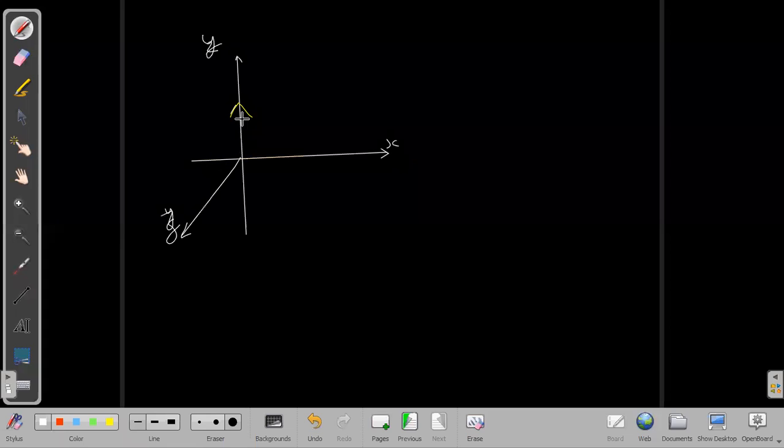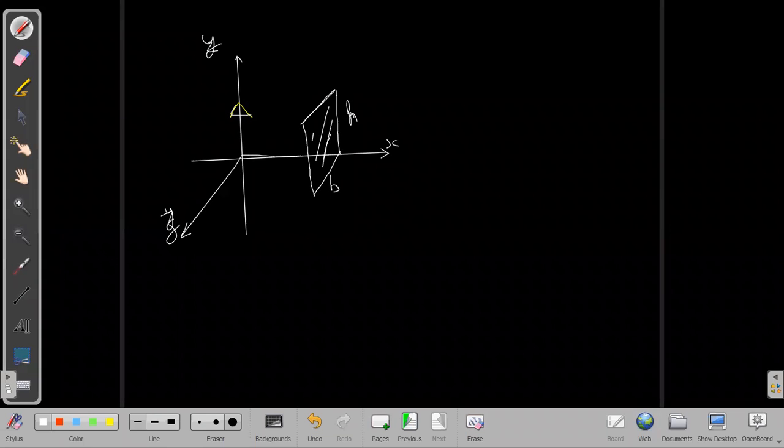Now we can take one this type of rectangular lamina, a rectangular sheet, with height h parallel to the y-axis and width b parallel to the z-axis. What is the flux passing through this? If it is at a distance from x, the distance is a from the x-axis.